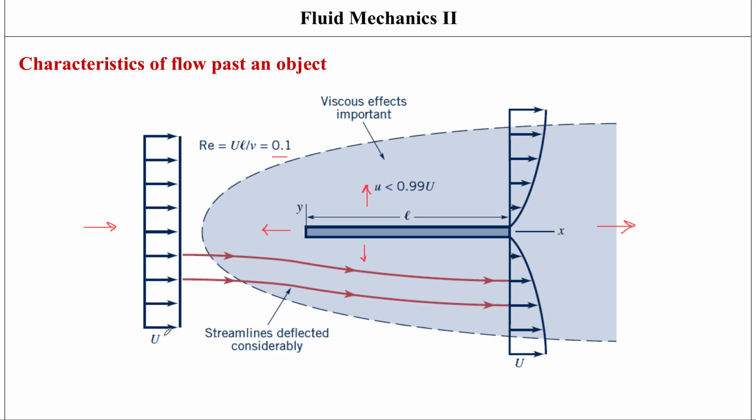You've got a uniform flow upstream of this plate, and what you see is that when this flow interacts with the plate, you've got an imaginary boundary that we've created here. We create this boundary based on the fact that once this flow goes ahead and interacts with this plate,